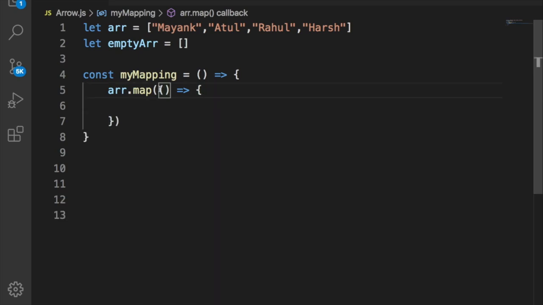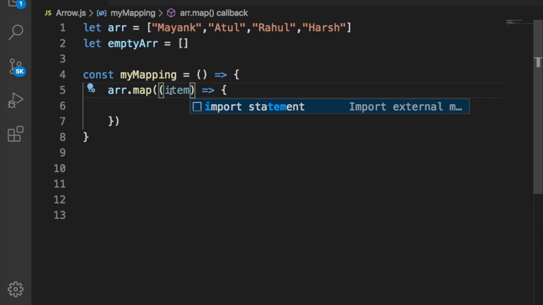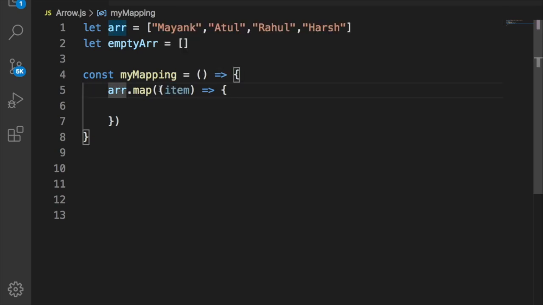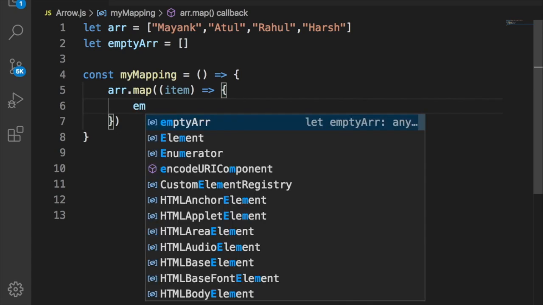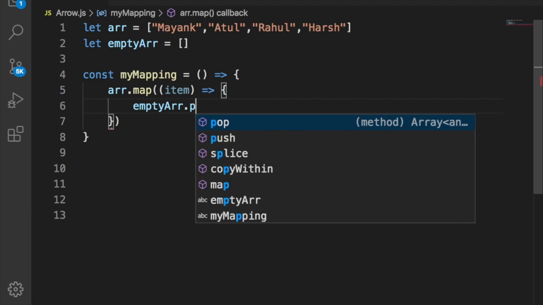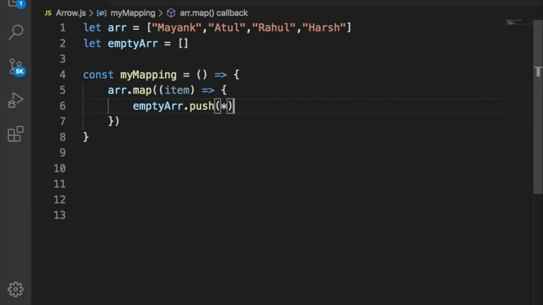And what these parentheses are doing is, whatever value we have inside this array, one by one we will take that item. You can write whatever name you want inside this parenthesis. It is the value that we are taking on each iteration of this array, and inside this map function we can use that, we can just print that, or we can add that in some other array as well. Let's write empty array dot push and the value that we want to push inside it,